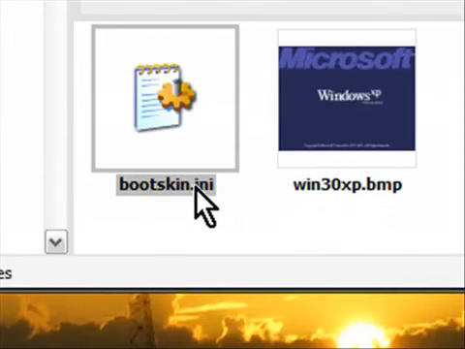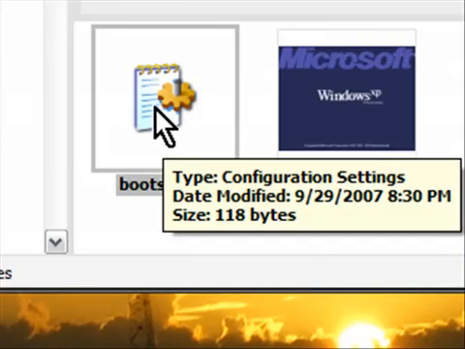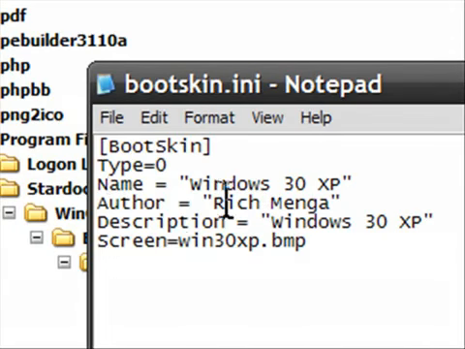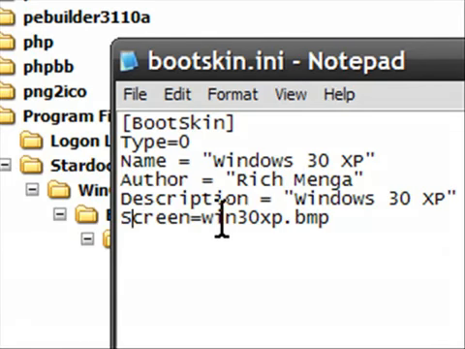And then there's one called bootskin.ini. Now if I open that up, it's only just a few lines. You start off with boot skin and the type, which is 0. I don't know what that means, but you have to put it in there. You put the name in quotations. I called it Windows 3.0 XP. You put the author. I put my name here in quotes again. The description, which is the same as the name, and then screen, which is the exact name of the file, which is